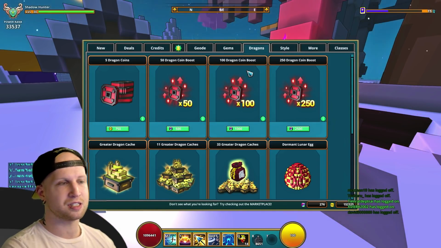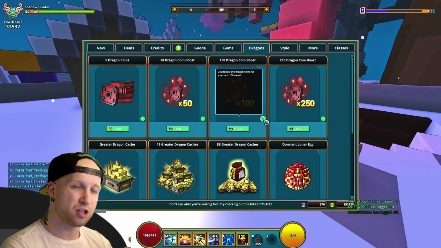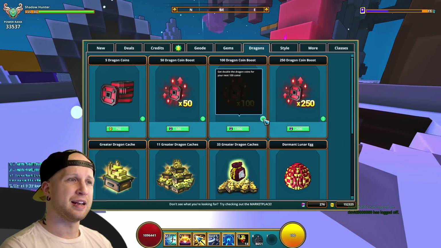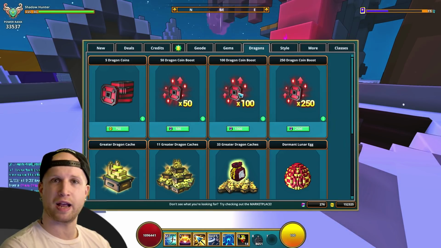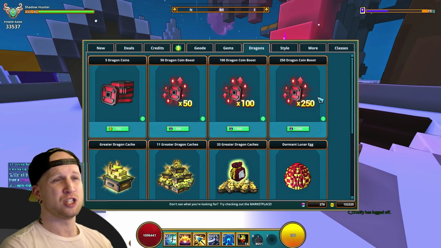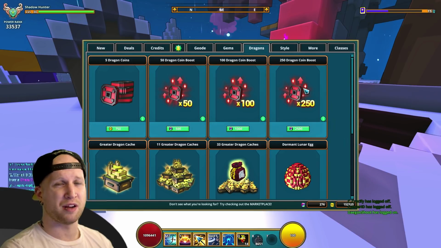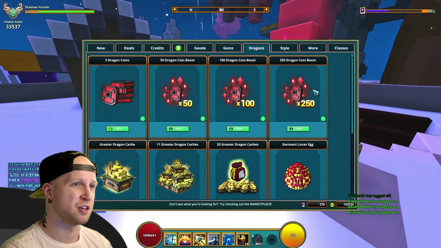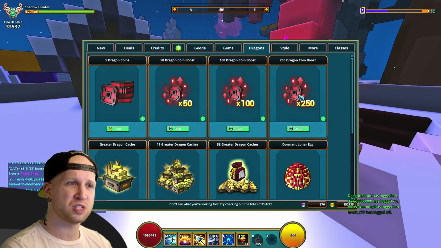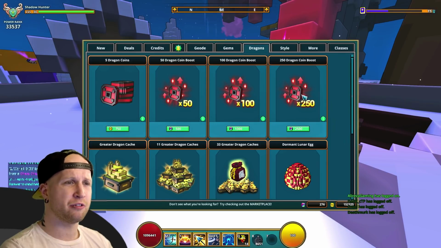But either way, what these essentially do is exactly what you would think, where you use the booster item and it's going to give you double the Dragon Coins for your next 50 Dragon Coins, 100 Dragon Coins, 250. So this is so weird to me. Only the Trove devs would ever come up with something like this and think that it has to actually be implemented, where essentially you would use this right here and you would get an extra 250 Dragon